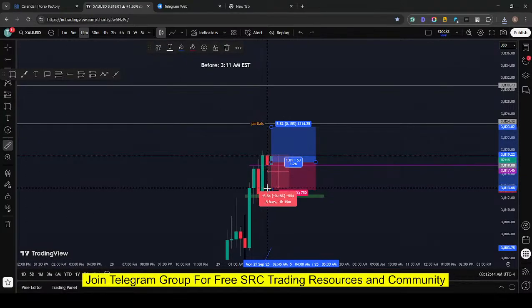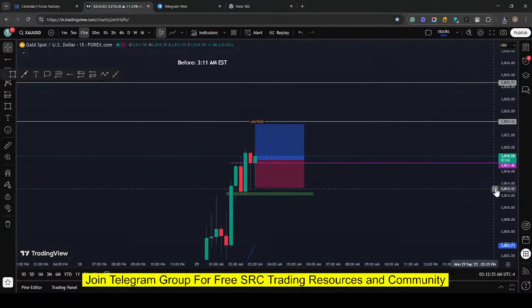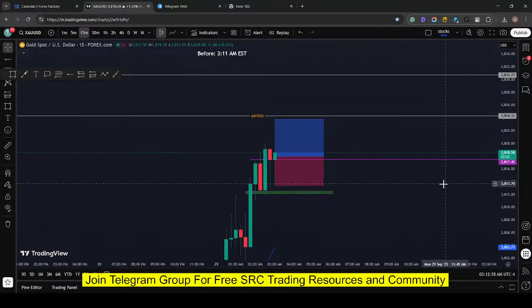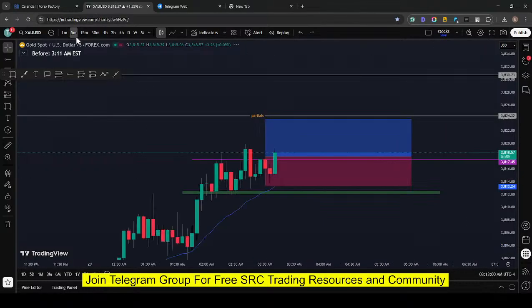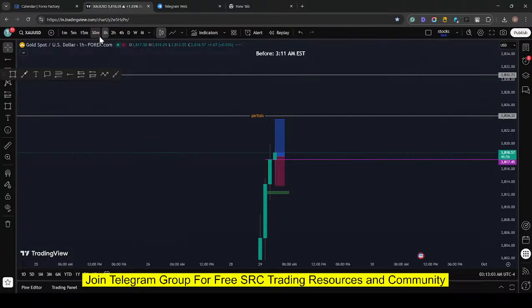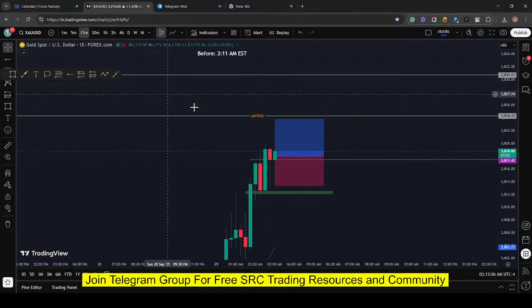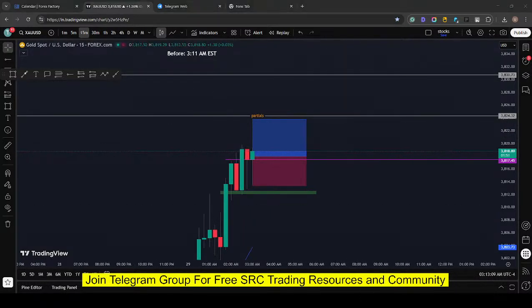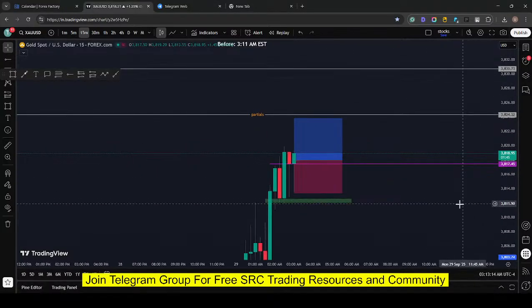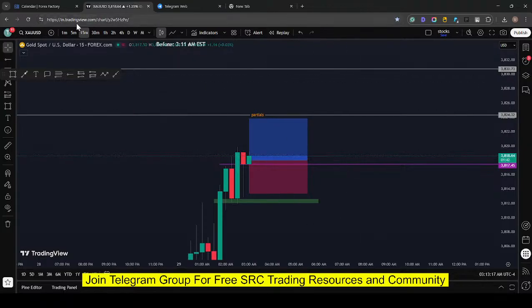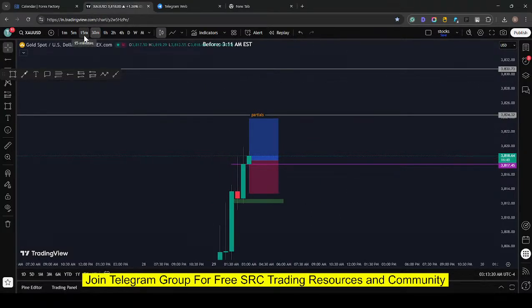I'm unable to find a good place to put my SL, right? Okay. So I'm in this trade right now. I'm in these buys right now, with my 50% risk. I've taken the flip entry. Okay, let's see.